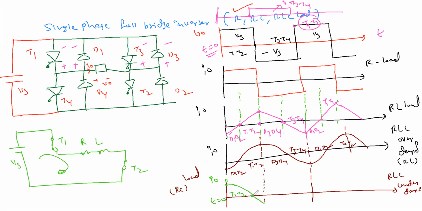T1, T2 इधर देखा कैसे बंद हो गए. Current is becoming 0. This is called a natural commutation, or load commutation, rather I would say. We have something called load commutation. Load is making the